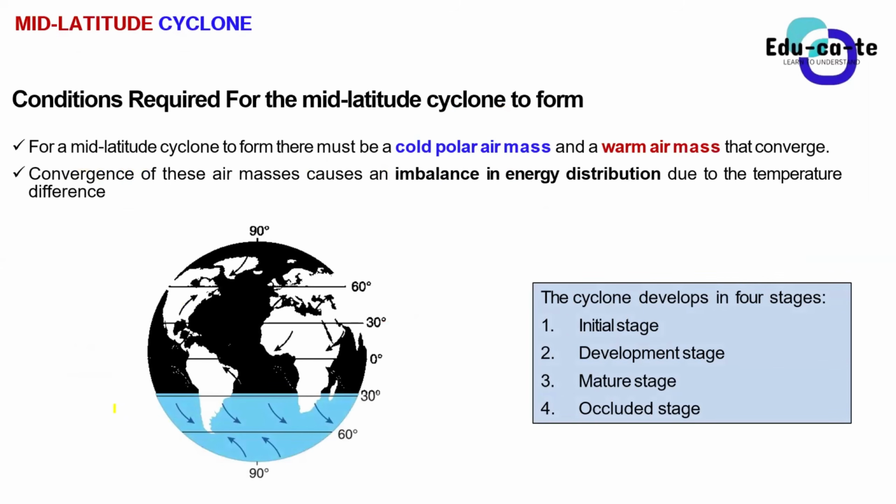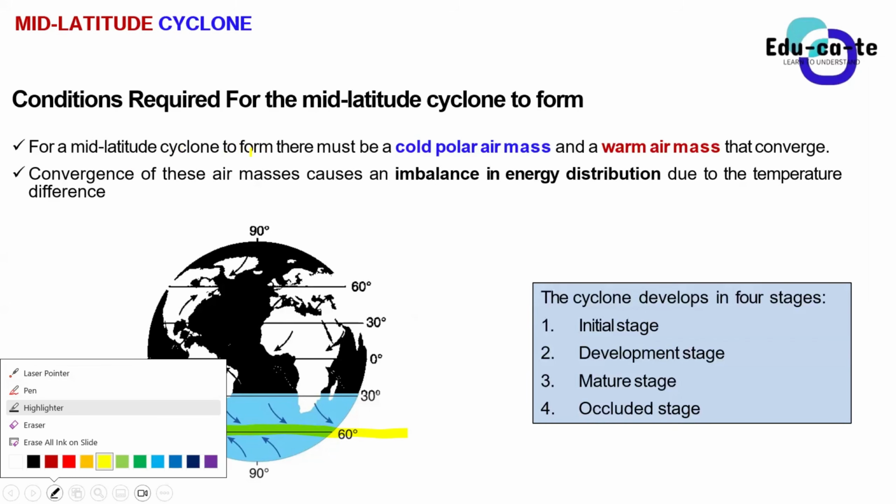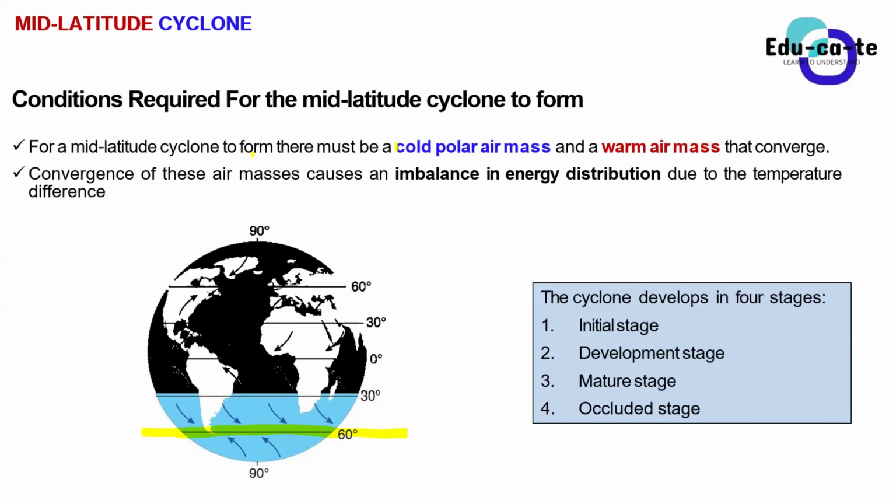Yes, sir. Cool. Let's now get to the conditions. What do we actually require so that we can form this mid-latitude cyclone? What are the weather conditions that are required for this mid-latitude cyclone to form? So we just require 2 things, guys, which are the things that I've already stated. Just ignore the entire Earth and focus here at the polar front. This is the whole focus point for your entire grade 12. You won't be looking at other places besides the polar front. So at the polar front, what do we actually require for a mid-latitude cyclone to form? There must be a cold polar air mass.